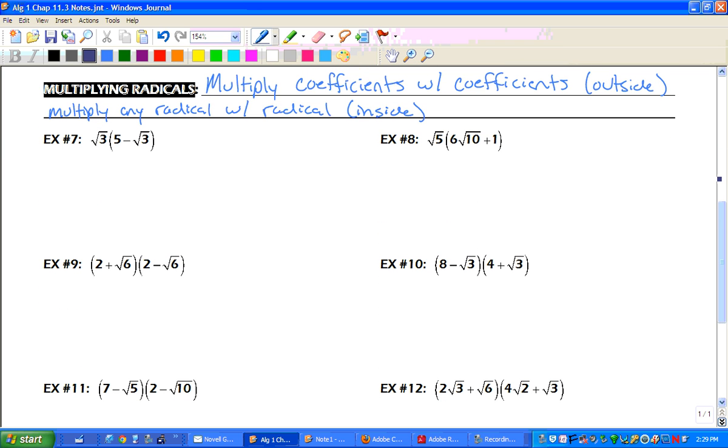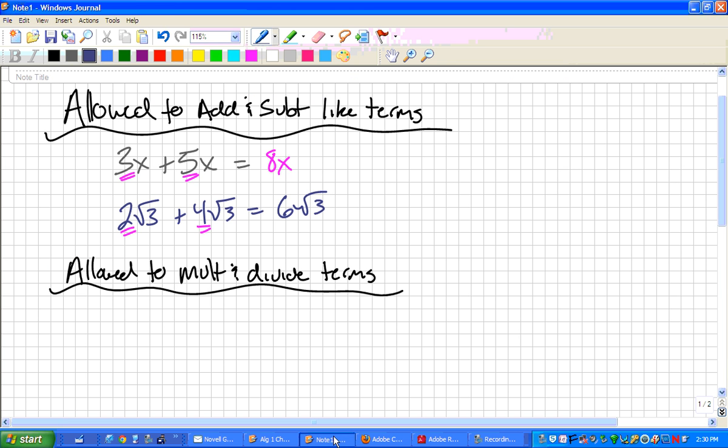Now let's move down to this, multiplying radicals. When we're multiplying radicals, we need to multiply the coefficients with the coefficients and the radical with the radical. That's what we've been saying, the inside with the inside and the outside with the outside. So when we multiply, if we have a monomial times a binomial,